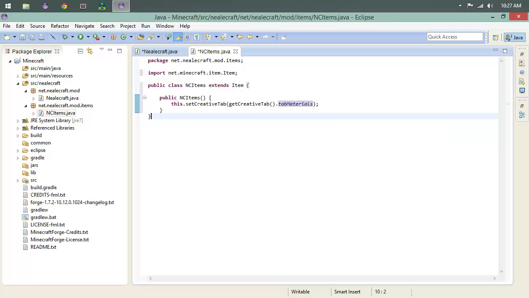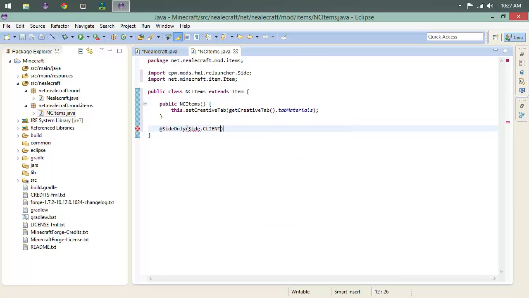The last thing that we're going to do here is set up our textures. That's it. We're going to set up our textures. To do that, we only want this to run on the client side. So we're going to say SideOnly, Side.CLIENT, like so. Oh, it imported Side already. That's cool. So public void register